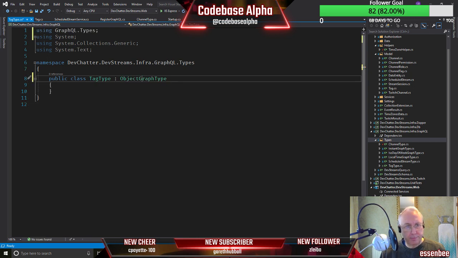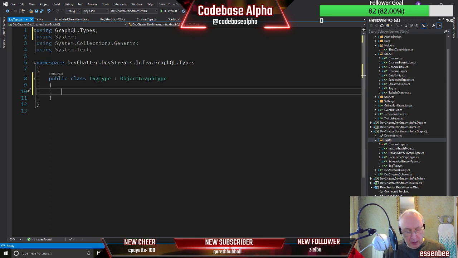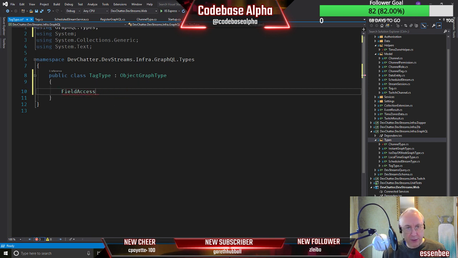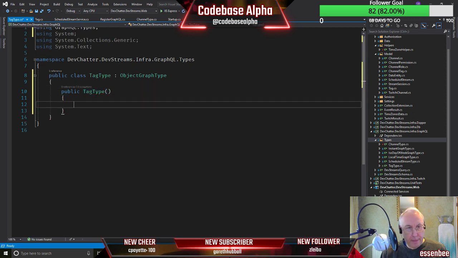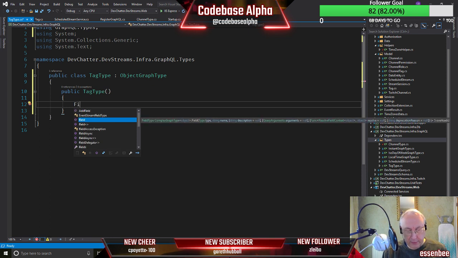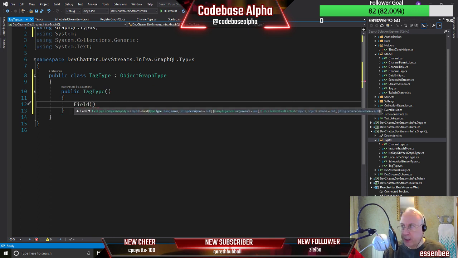There we go. Okay, so what we want to do is define the fields on this, and we can use our lambda expressions to do this. So we need a public constructor first. Public tag type, and we can use our fields now. We don't need to use the generic version. We can use the lambda version, as I was saying.